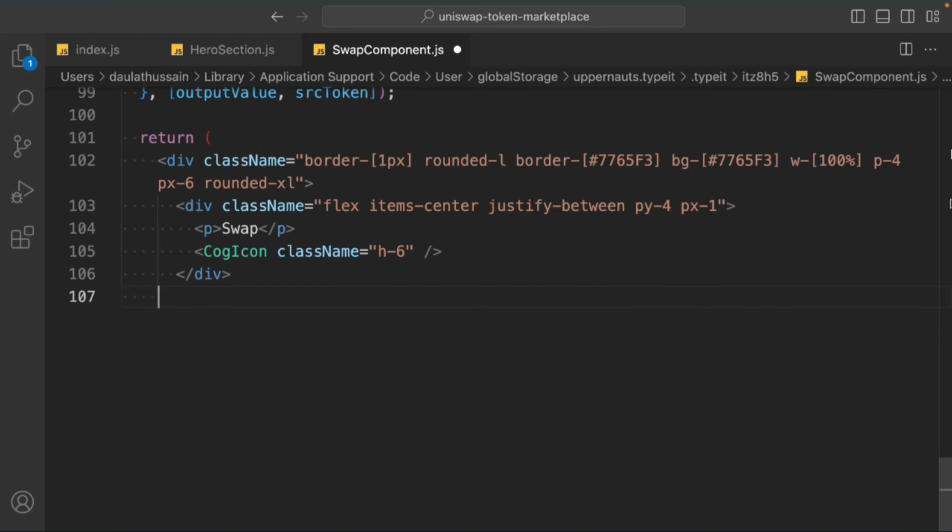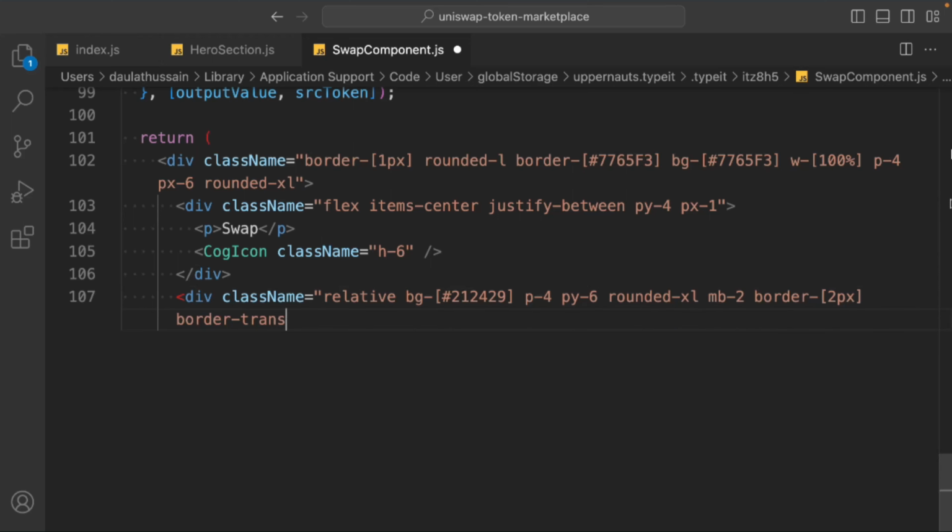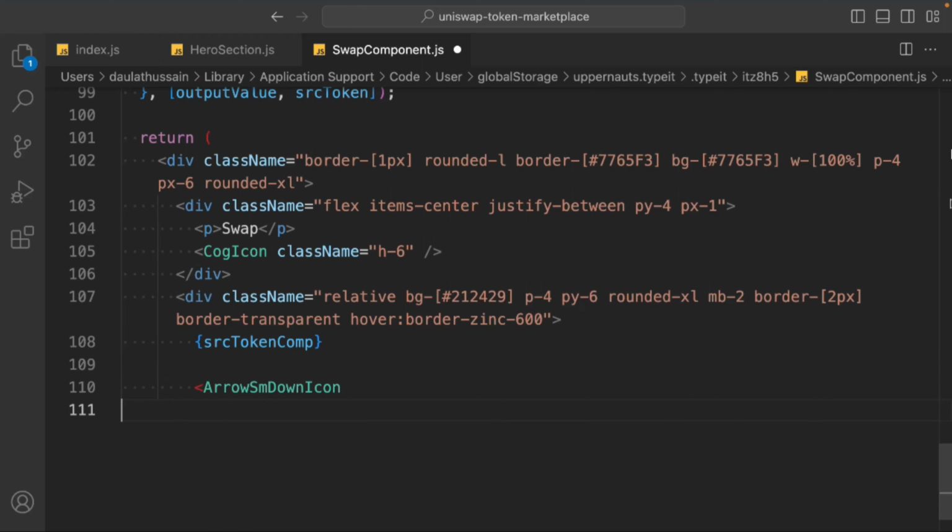Now we can come back here, we'll take a div, it will have a class called relative, background, our second alpha color, third alpha color. Then we'll have padding 4 pixels, padding Y 6 pixels, rounded XL large, margin bottom 2 pixels, border 2 pixels, border transparent. On hover effect, we'll say border zinc 600. Inside this div, we have to take the data of the SRC token complete. That's the information we have to display. Then we can come back here, we'll take this arrow, so small down icon,